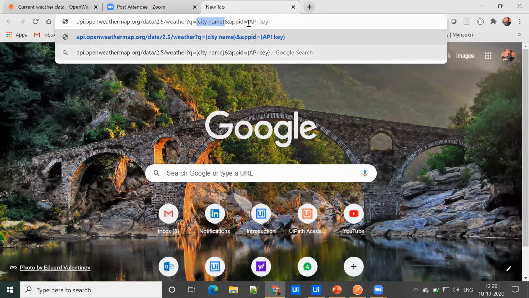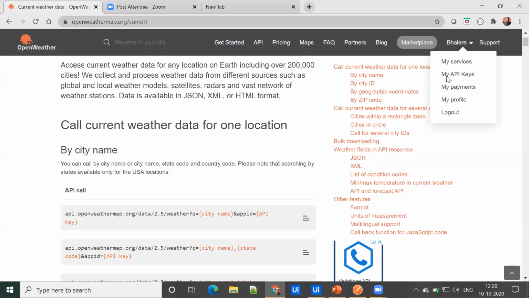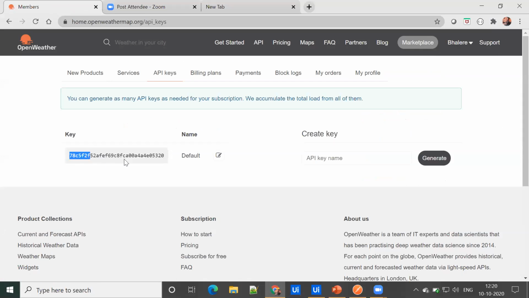And the API key. From where will we get the API key? Go to the website again. You have to sign in to this website to get the API key. Go to your account, My API keys, and from here you will get the API key.